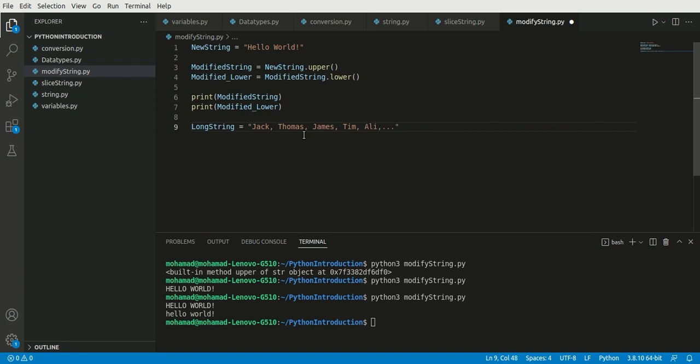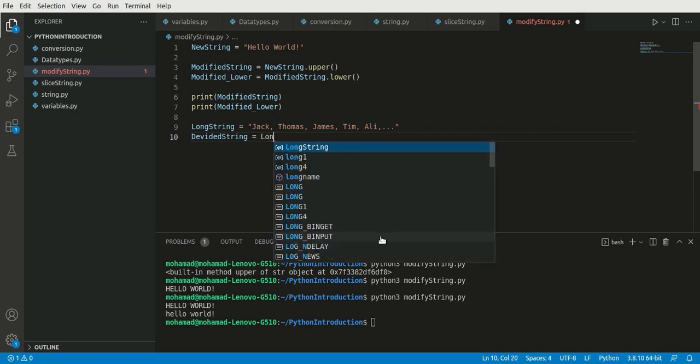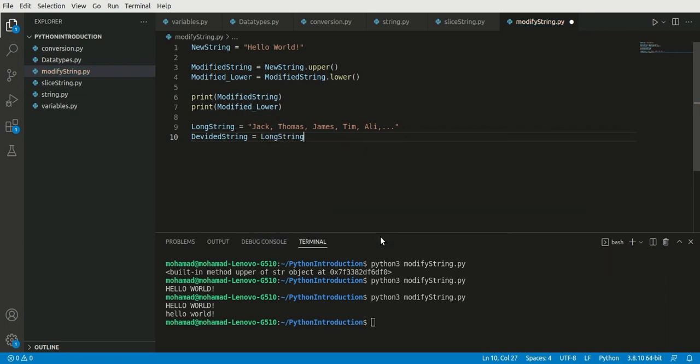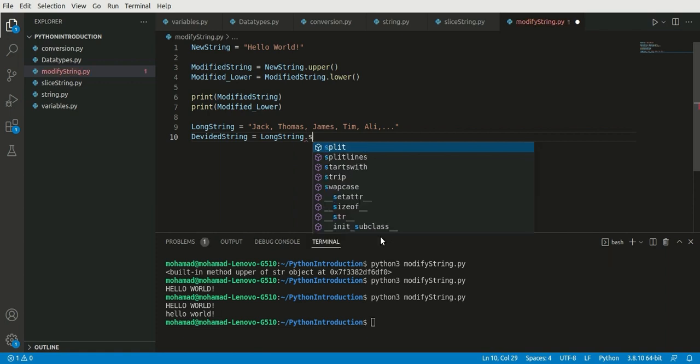So we want to divide this string into 5 different parts. To do that, we use divided. We first declare divided string, and in here we can write long string dot split,